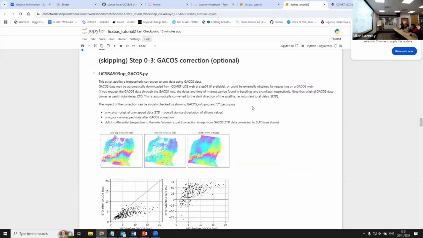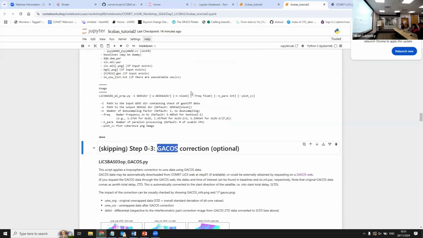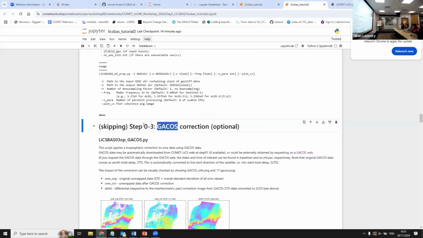Now, GACOS correction, that's the next step. So once we have the multi-look data, we can unwrap the data in the standard way. We would reduce the data for the GACOS correction if you have downloaded it using the get GACOS in the first step. And here is just some example that is automatically generated within LiCSBAS. So all the figures that you see, you can find also in the directories. So in this case, in the output directories, you can see these